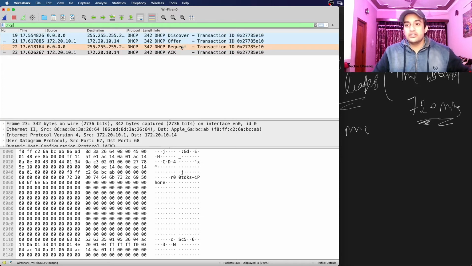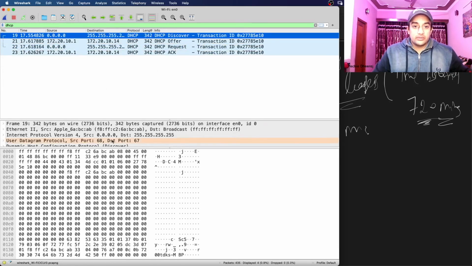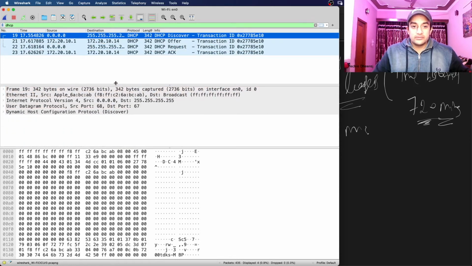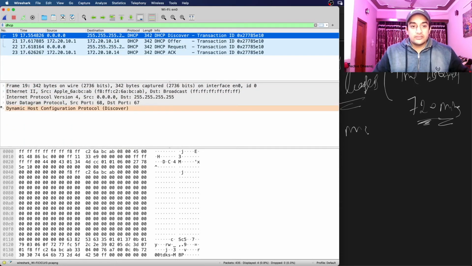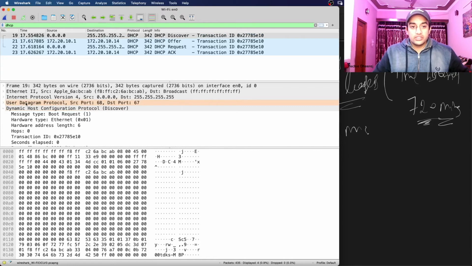So I just connected my PC to my mobile hotspot. So we can see these four packets. The first packet is DHCP discover. Let's look into this. So frame bytes are these. As we are looking into the DHCP packet, one more thing, this runs on the UDP protocol. This is not a TCP handshake, because we don't have anything, because we are just discovering it, right?